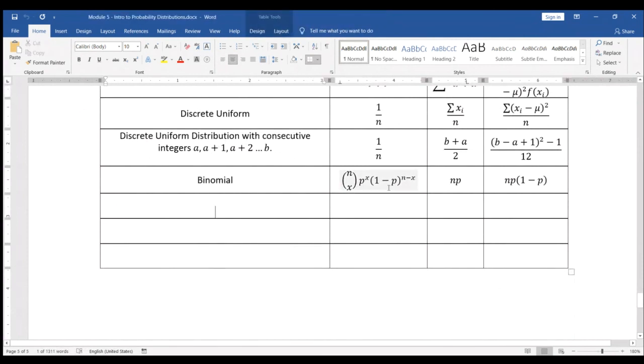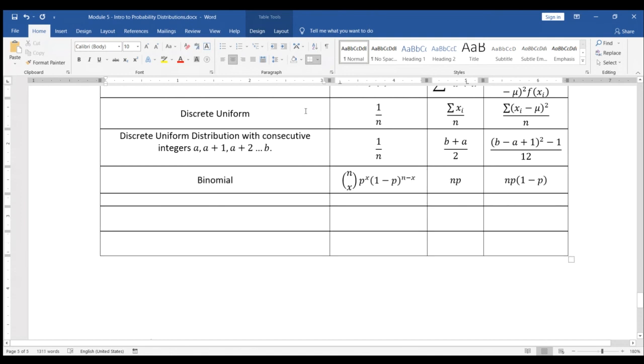I would leave it up to you to continue to fill out this table every time we cover a new probability distribution. So perhaps in the next class, when I say we're going to talk about a new type of probability distribution called the blah distribution, then you may want to write it down on your table. The blah distribution, write down the PMF, write down the mean, write down the variance whenever we cover it. You don't have to do it, of course, but I would say it is strongly recommended, because when we are looking at the test, it would be a lot easier for you to